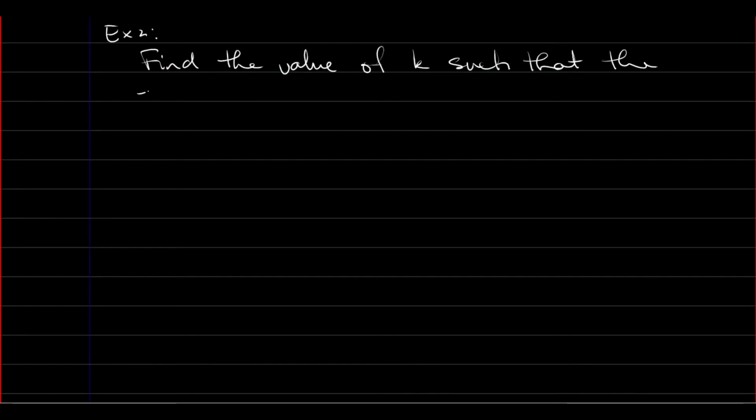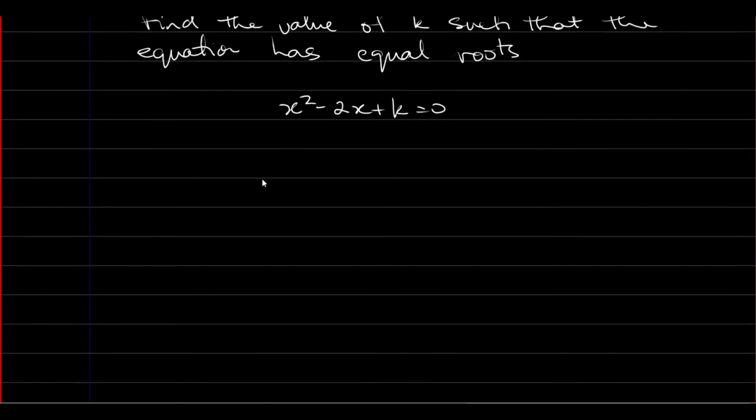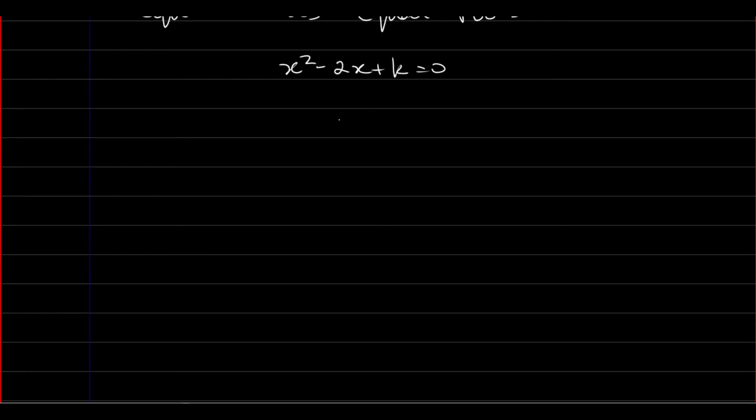And then going on to the next example, we're to find the value of k such that the equation has equal roots. And that equation is x squared minus 2x plus k equals 0. And we're going to see, let me change the color, since